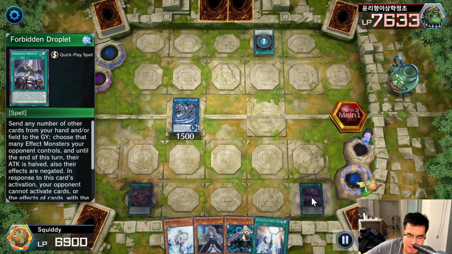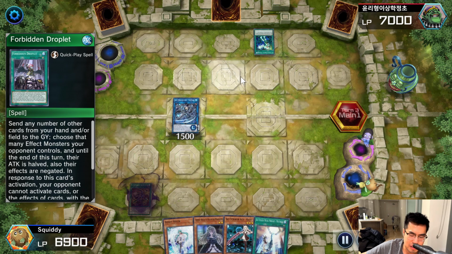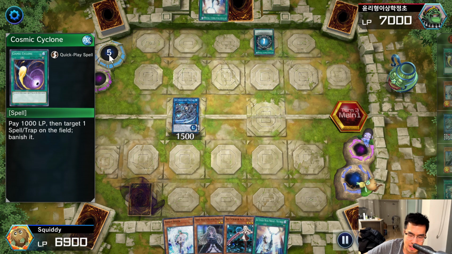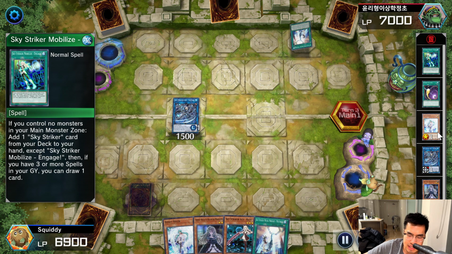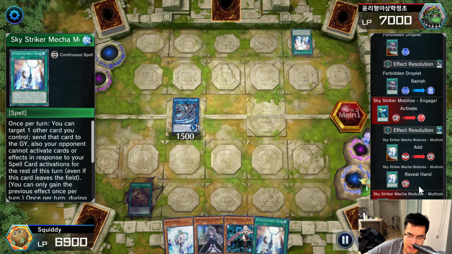He blind Cosmics, which I never think is correct in the mirror match. You should technically hold it for multi-roll or maybe the field spell, if they're relying on it to start their plays off. He actually does top deck the draw and engage, or, sorry, he topped up the Cosmic, I'm just guessing, and then he had the engage in hand, which we knew. But that's fine, because he didn't have the draw. Add some multi-roll, and